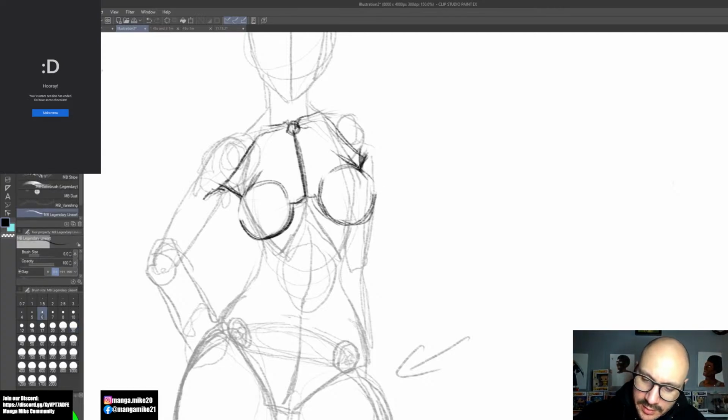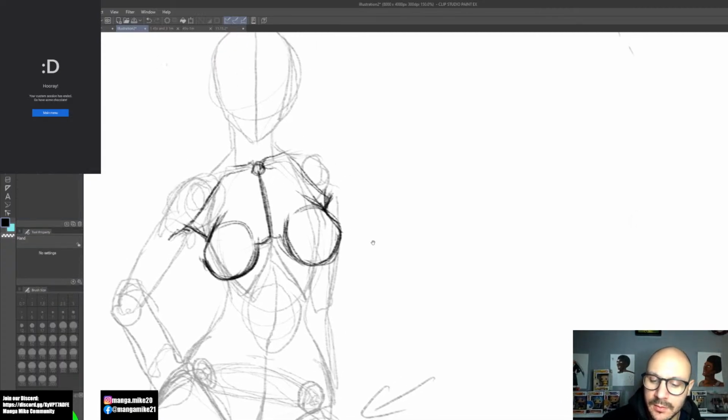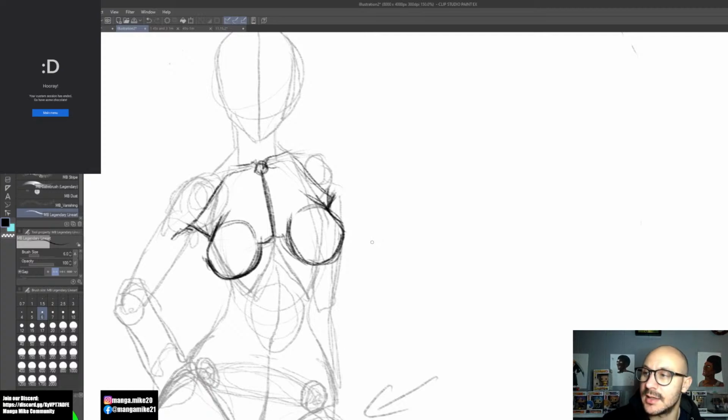So you'll get a little bit of a dip before it comes back up in some cases. Just depends on the woman that you're drawing. But basically what this area is, imagine